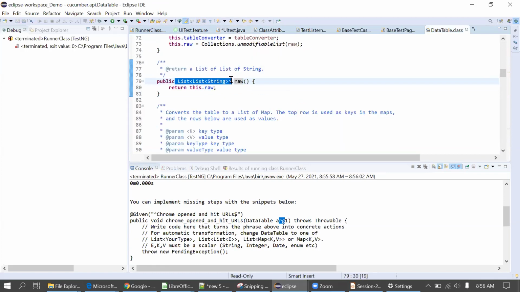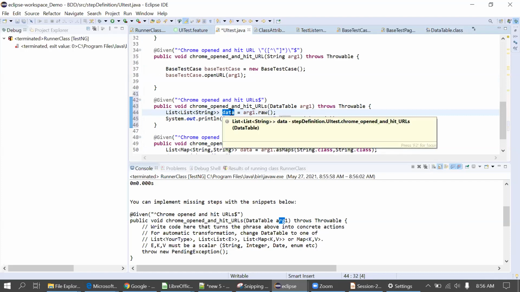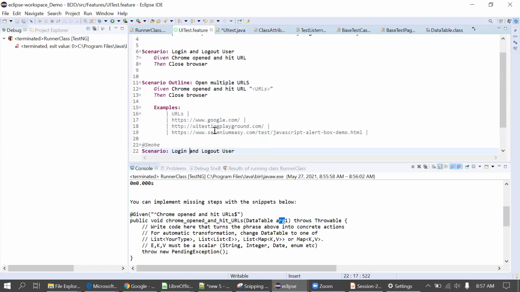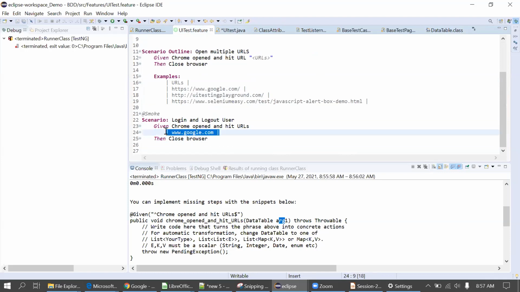So simply copy this return type, paste it here, and assign it to some variable. When you want to get the data, you have to use data.get(0), so it will simply return this www.google.com. So this is a data table.